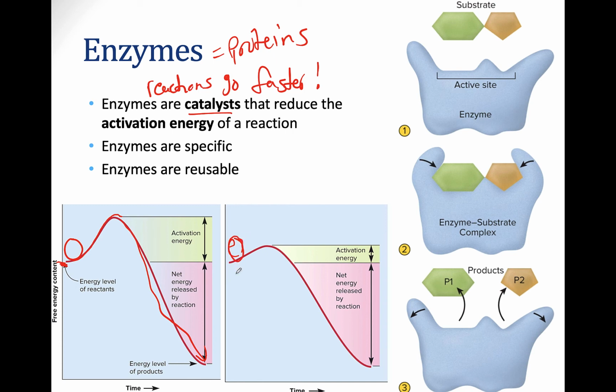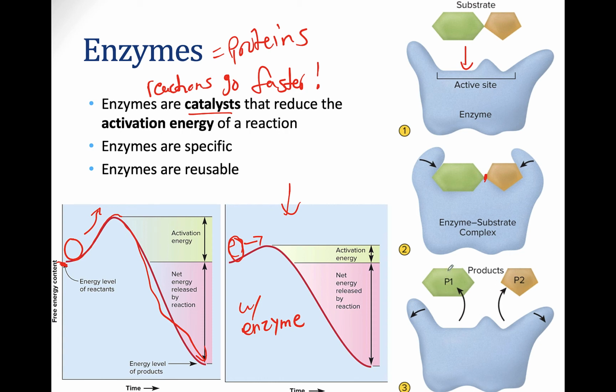Which hill do you think is going to be easier to roll the ball down? This one's a little bit higher, and this one is shorter. Yeah, this one's going to be easier. This is the one that has the enzyme. It basically makes it easier to start the reaction. So here's my enzyme. In this reaction, I want to break these two apart. So these are going to enter what's called the active site. The active site is going to put stress on this bond here, and then the chemical reaction is going to